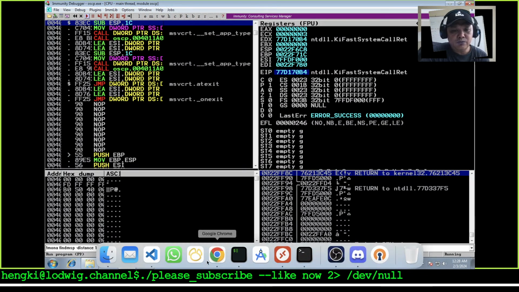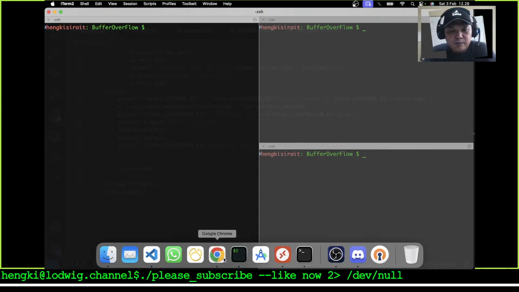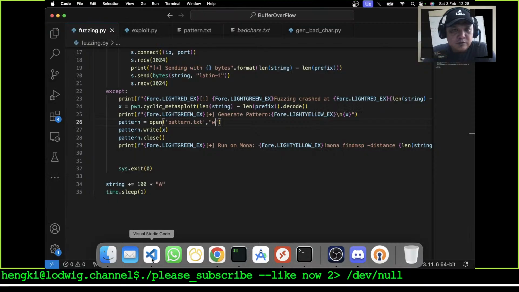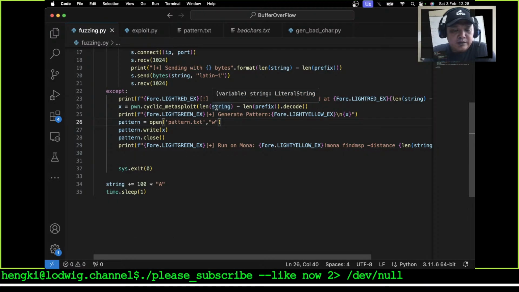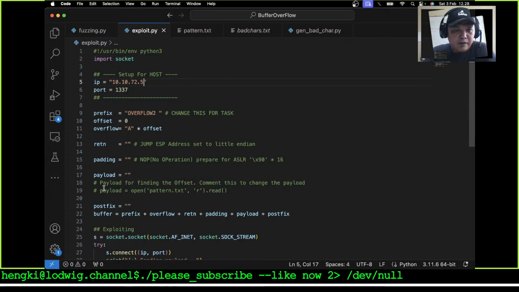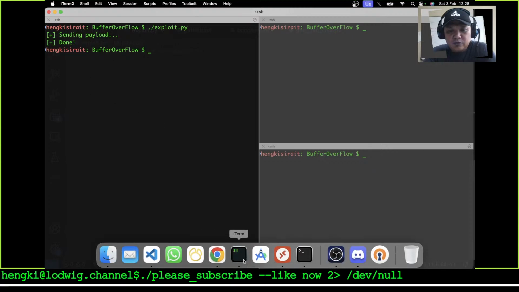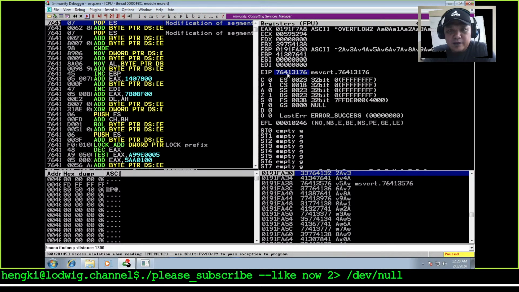Okay, so we're going to try to send our payload here with the generated pattern, so our exploit opens the generated payload. Let's run the exploit and send the payload, so the application will crash and the IP here is